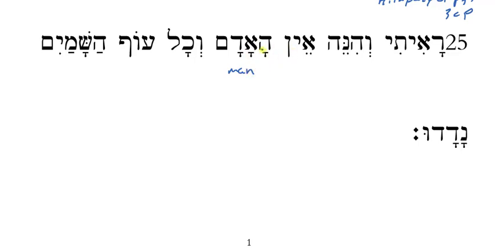All right. So again, Ra'ithi, I saw, I looked, v'hene, and behold, a negative existential particle again. Something was not. What was not? What didn't exist or what wasn't present? Ha-adam. Man, mankind, people. All right. So this again is another allusion to the creation account. We had tohu vabohu and the lights being gone. God put the lights in the sky. Those have been dismissed.